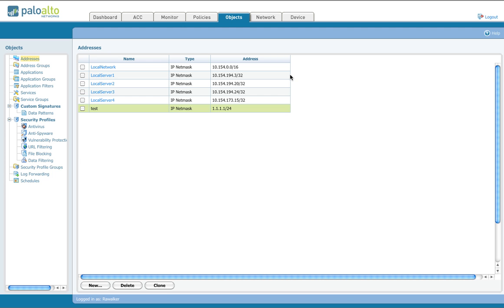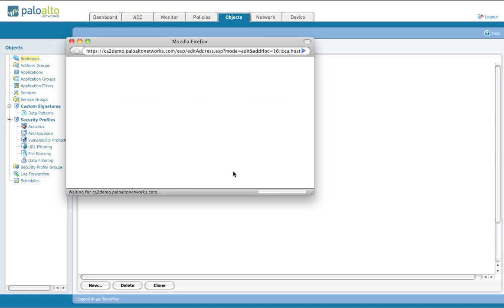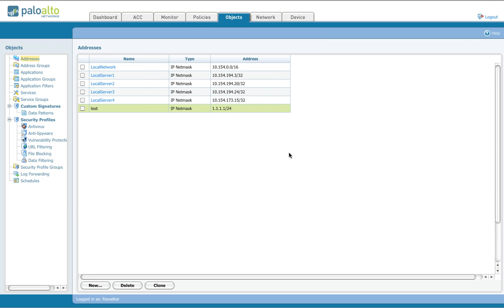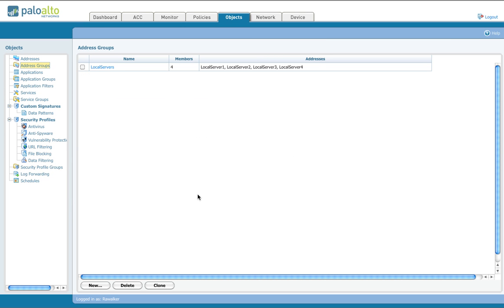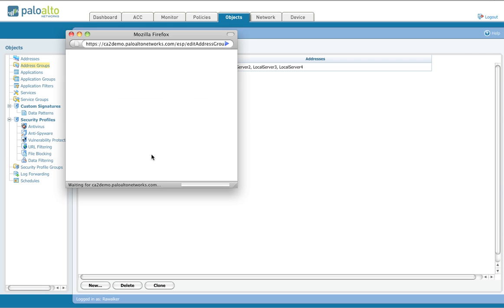In this video, we review the object definition, security profiles, and custom signature capabilities of the Palo Alto Network's next-generation firewall. Commonly used values in policy definitions can be represented as objects to simplify policy creation. Object definitions include addresses, which can be a single IP address or address range, address groups, which are collections of defined address objects,